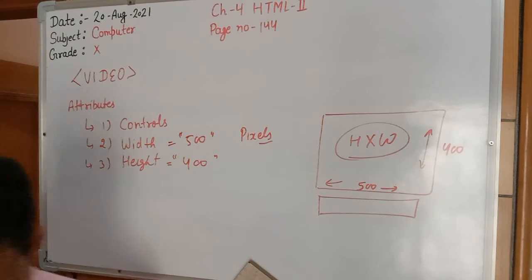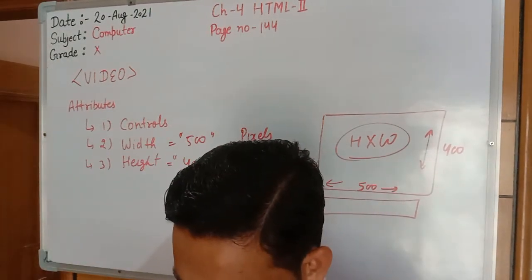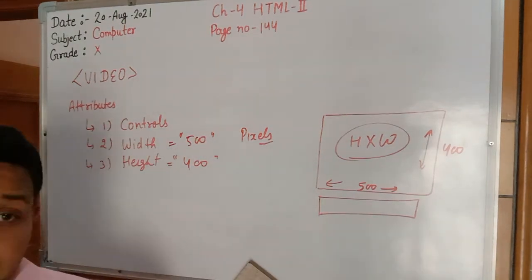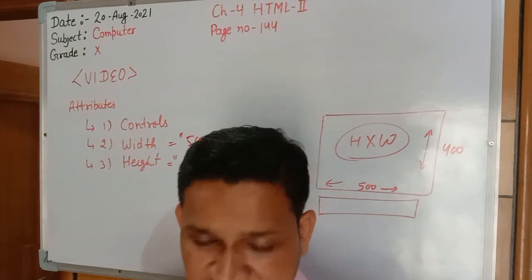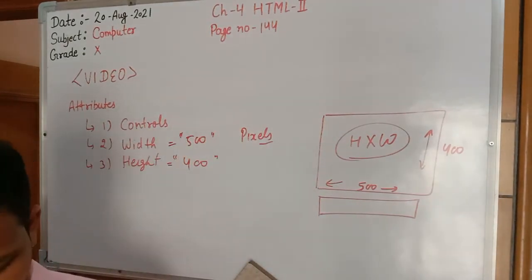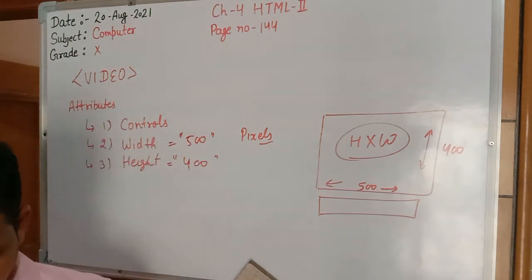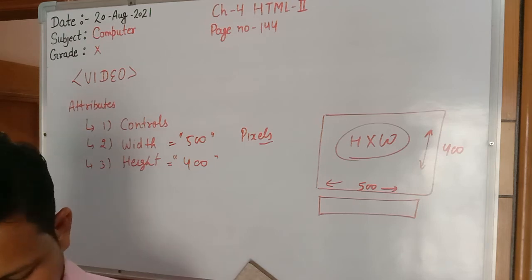Afterward, the rest of the program is the same. They have taken height and width. In source they have taken video playback.mp4. Video playback is the name of the file and mp4 is the type. So in type we will write that it is a video file and the type is mp4. In the second source they have taken video1.ogg, the type is video and the extension is .ogg. In source 3 they have taken video2, the type is video and the file type is WAV.